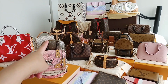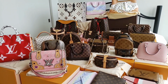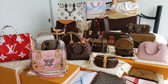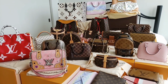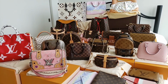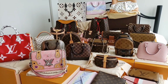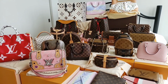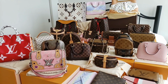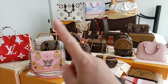If you're interested in that particular bag, it's because it is in the Venice leather, and I am a little bit wary of the Venice patent leather, and I haven't actually used it because I am too worried that there might be a little bit of color transfer, and it's just been sitting there and I have not used that bag. So I thought I might as well try to see if I can let that go, but if I could not, I will still keep it because that is the only Venice leather in my collection, and I don't mind keeping the bag. Other than that, as you can see, I do have 3 Alma BB and 3 Speedy,